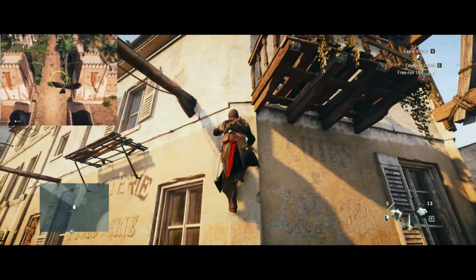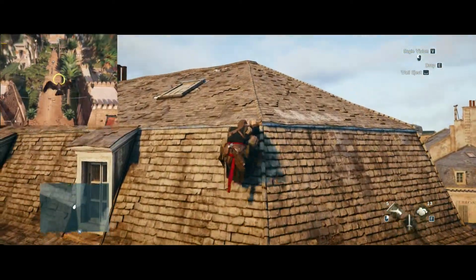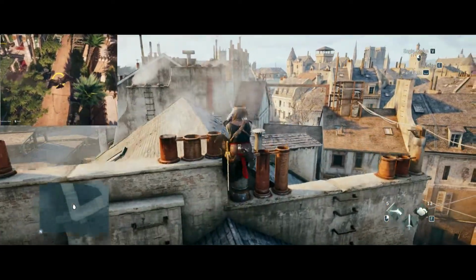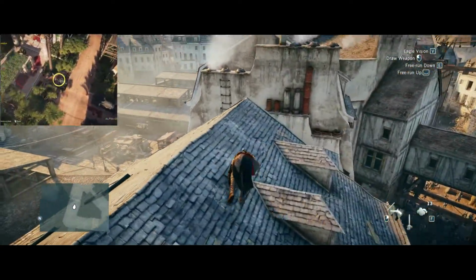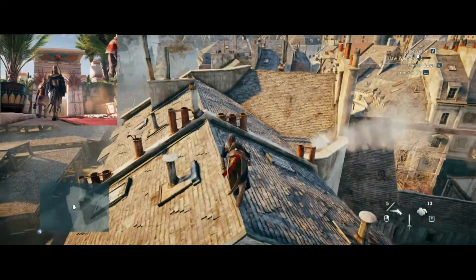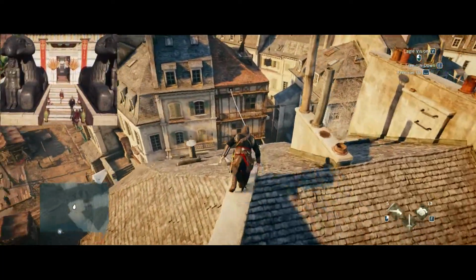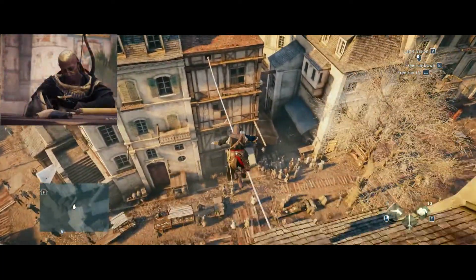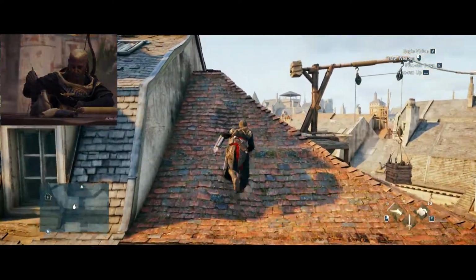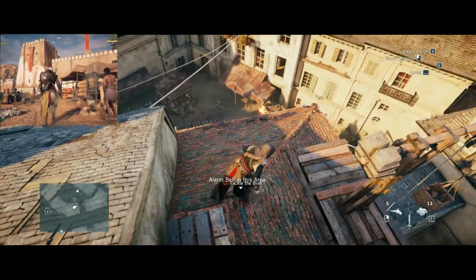Not only is it on the next generation engine, but it just looks better. It looks clearer. The graphics definitely look like they've been upscaled. Now, not that Syndicate looked bad, it didn't, but it didn't look like much of an improvement over Unity. However, Unity was the very first game to come out on the next generation engine, and it definitely showed. It looked better than the previous games, especially Black Flag, but even better than